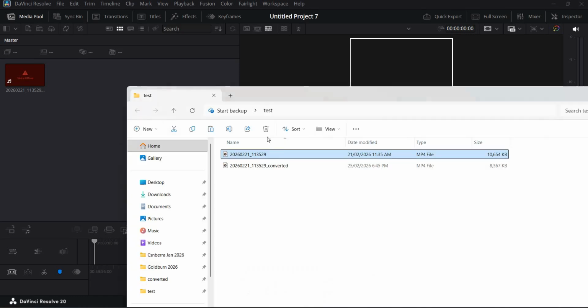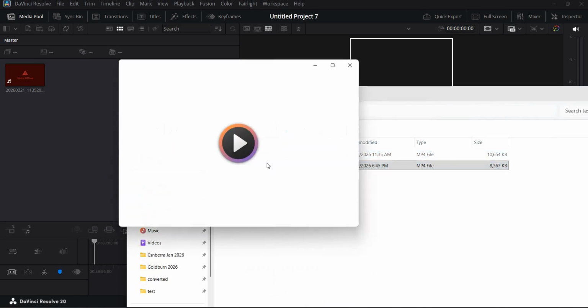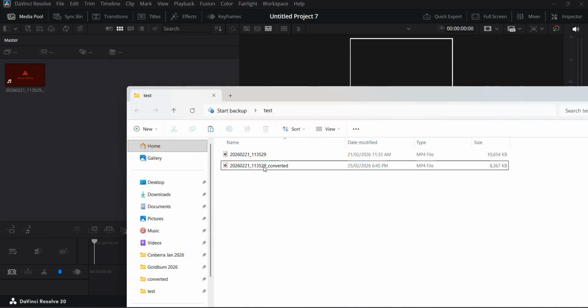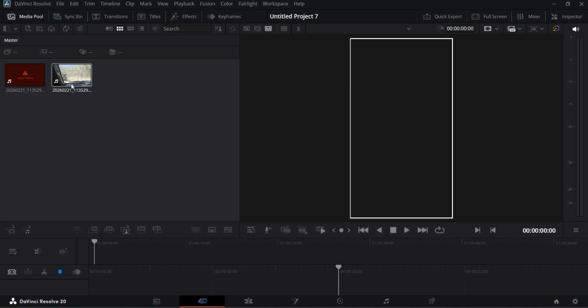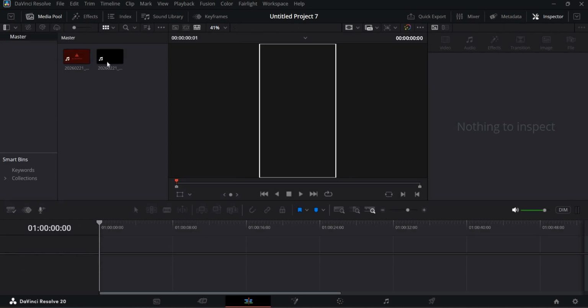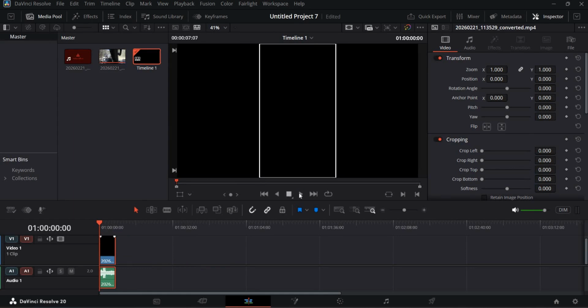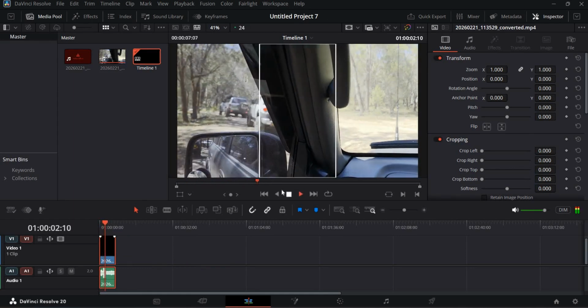Okay, the conversion is done. Now we can go back to that file, and okay, this is the converted file. If we double click and play it, right, we played, right? And then if we drag this over, all right, we can see the video here as well. So there we fixed the issue, and we can go ahead and drag it over here, and we can see if you play it, there's audio as well. So there you go, we fixed that issue, and this is how you do it